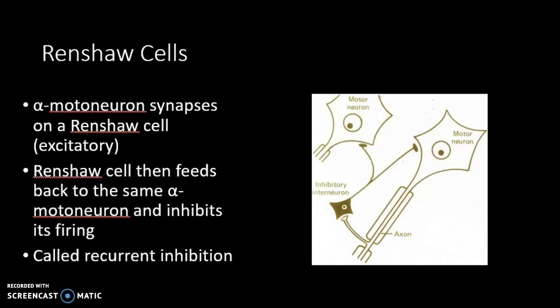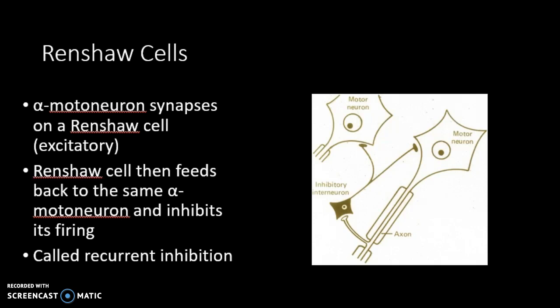Our Renshaw cells are alpha motor neuron synapses on a Renshaw cell, which are excitatory. So the Renshaw cell, think of it as basically taking feedback from a system and saying, no, you do not need to contract. So they receive excitatory collaterals from the alpha motor neuron's axon as they emerge from the motor root, and they're kept informed of how vigorously that neuron is firing. They can then send an inhibitory axon to synapse with the cell body of the initial alpha motor neuron